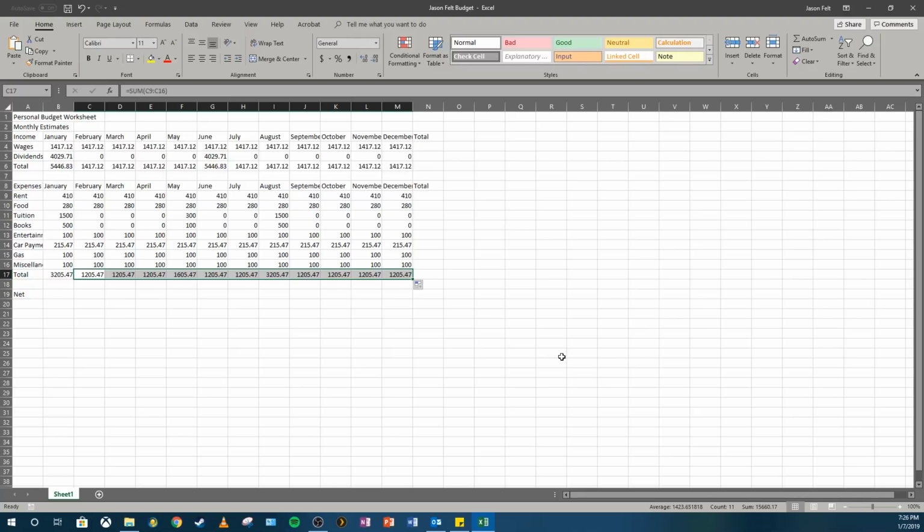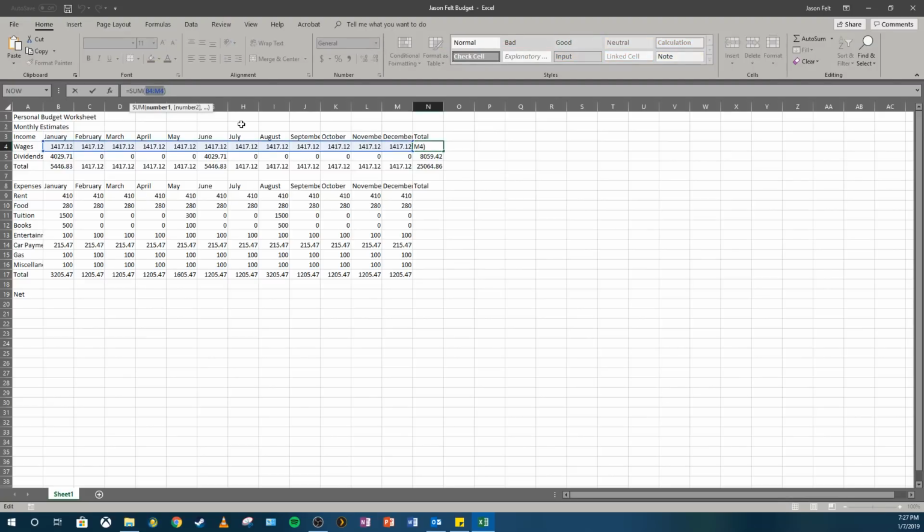Okay, so now we're going to calculate some more totals here. So we are going to go up here to N4. And we are going to select N4 through N6 here. And then we're going to press the sum button. And it will go ahead and sum everything from across here. So N4, you can see that the sum is from B4 all the way to M4. You click on here, it'll actually show you. So it's adding all of these values, which means that they make a year